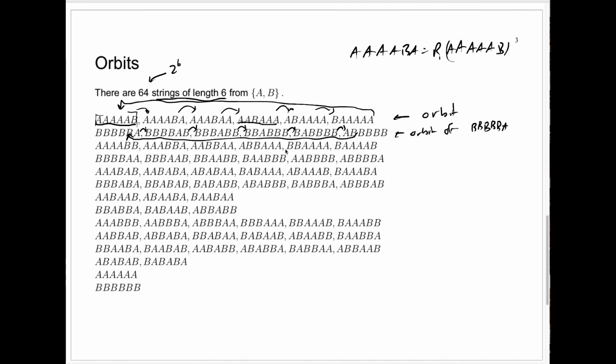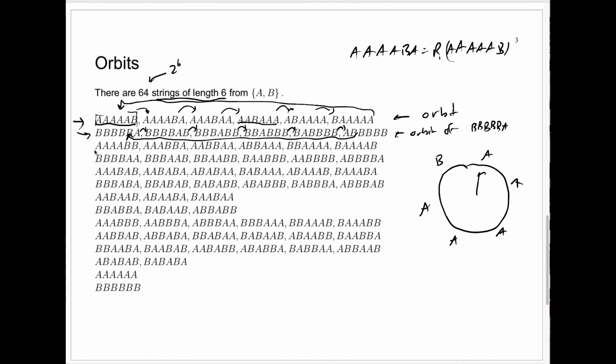Now, why is this idea of orbit important? Well, when it comes to seating arrangements, let's go back to the first line here. If you have people seated in the pattern AAA, AAB, starting there, that's exactly the same seating arrangement as the one represented by any other string in its orbit. So all 6 of these strings in the orbit represent just a single seating arrangement. And the same is true for strings in this orbit. And now I've listed all the 64 strings of length 6 from the alphabet AB,